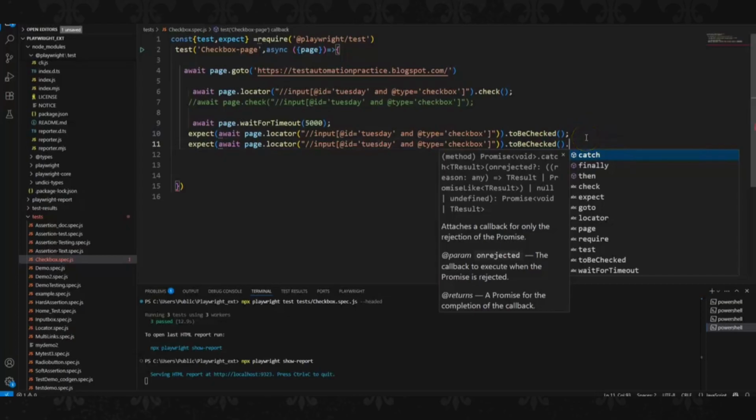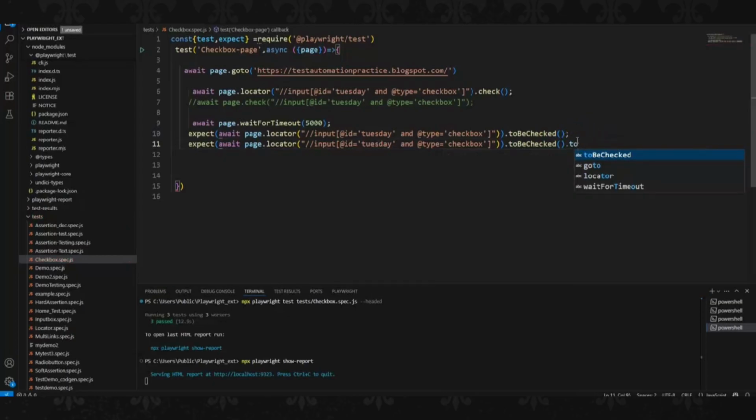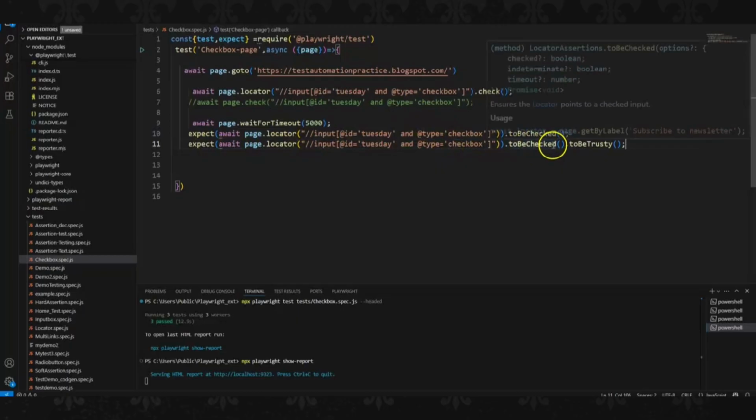For that, what we need to do, we will write to be truthy function. That means this locator is already checked. Is it true? So that assertion I'm using here, it's true. And now the next one,